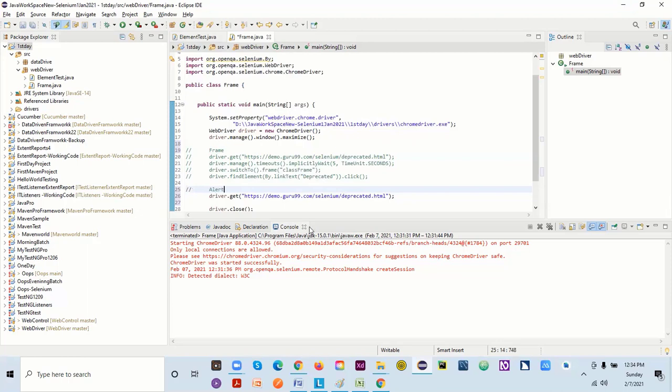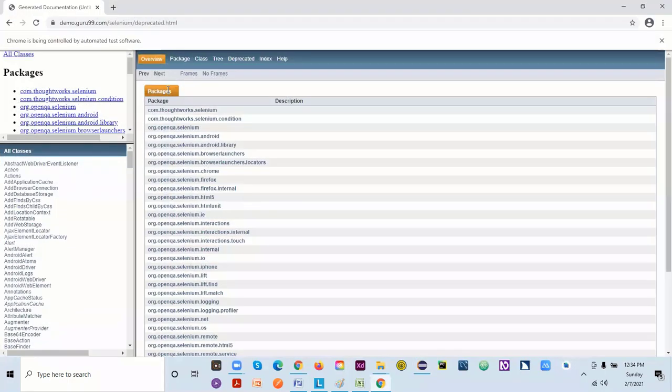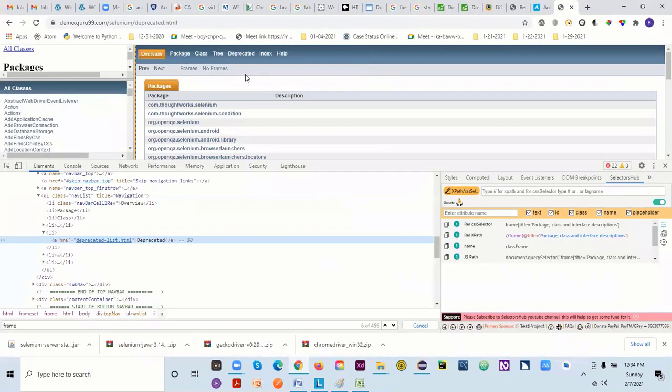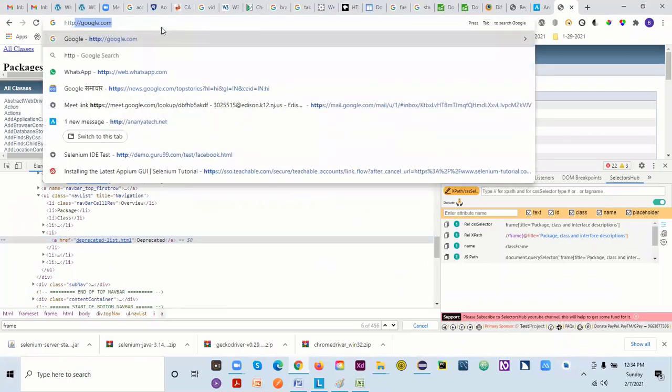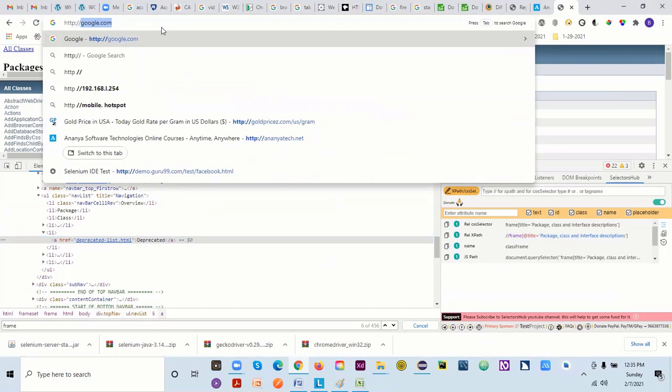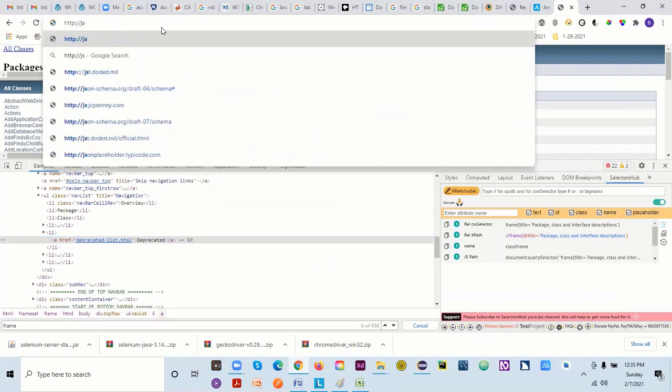Okay, so how to deal with alert? For this, let's go to one URL actually. I'll be removing this because see here we are not getting an alert. And if I have to show you how we can deal with the alert, I need that alert right on my page. So let me close this one. All right. So here there's one URL actually. I'll be just typing that, HTTP and then this.